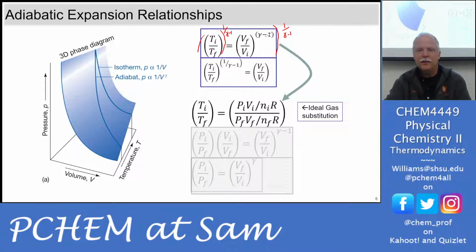So these cancel here, and you have VF over VI to the first power, and then over here you have temperature to the 1 over gamma minus 1. Now these are really ugly, but they're not a problem to work with. Once you find gamma, you just subtract 1 and invert it, and you've got your exponent. Now, one thing we can do if we wanted to get the pressure-volume relationships, we could substitute for this volume here, V final and V initial,